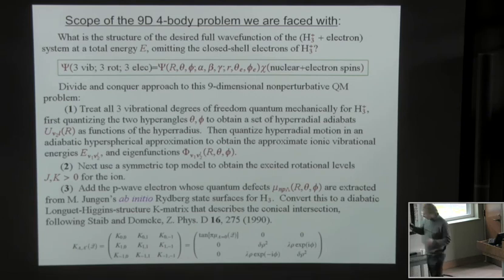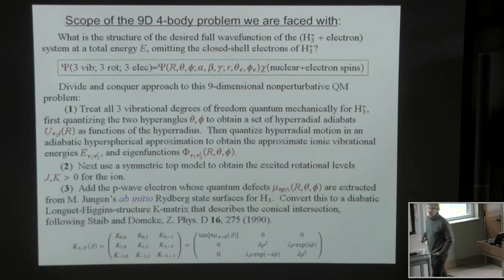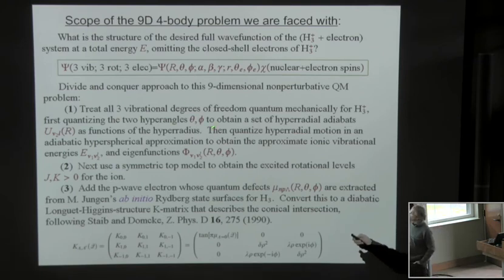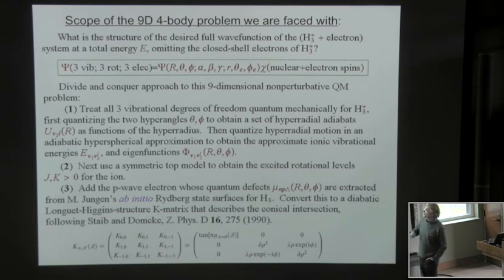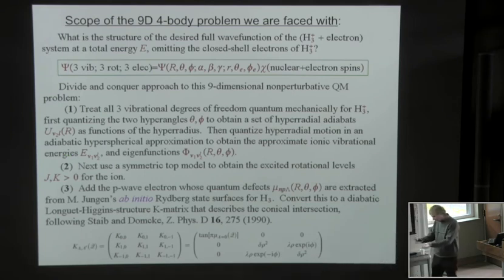So the other thing we had to do was deal with all the nuclear coordinates, all the vibrational coordinates, and we used our experience with hyperspherical coordinates to convert this into a diatomic-looking scenario, where we solve the nuclear Schrödinger equation at fixed hyperradii to get, as a function of the hyperangles, a set of potential curves. And then we said that the molecular ion is vibrating and moving in these hyperradial potentials with